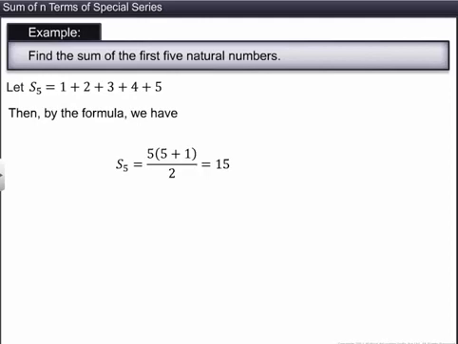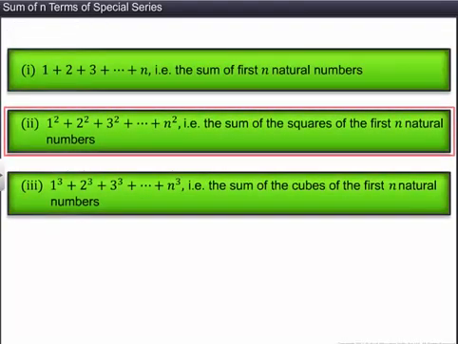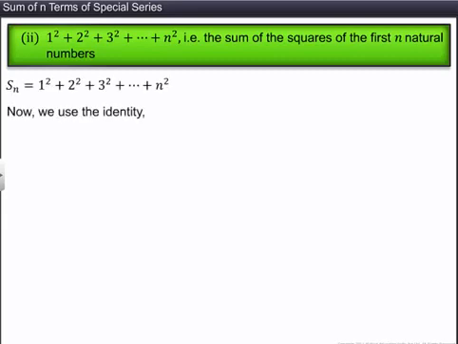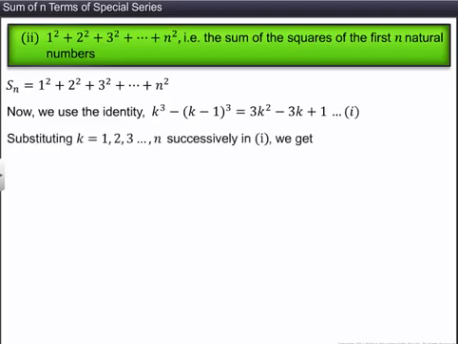Let us now find the sum of the squares of the first n natural numbers. Let us denote the sum of the squares of the first n natural numbers by Sn. Now, we use the identity k cube minus (k minus 1) whole cube is equal to 3k square minus 3k plus 1. Denote this by equation 1. Substituting k is equal to 1, 2, 3, and so on up to n successively in equation 1, we get